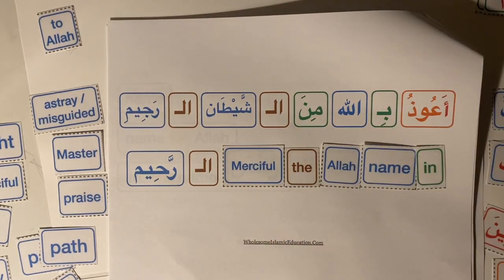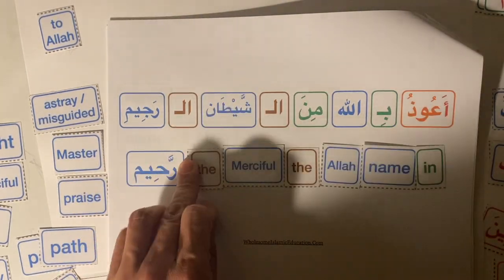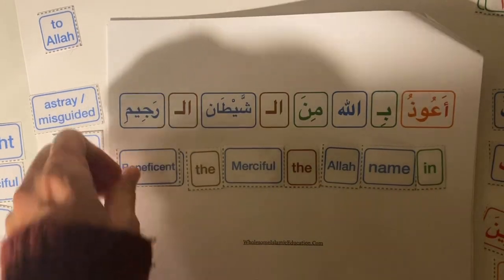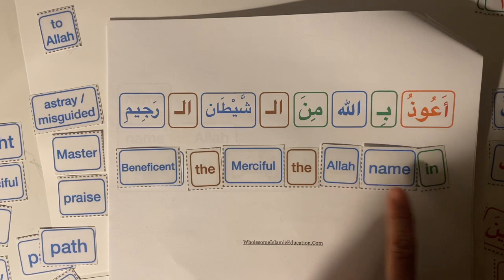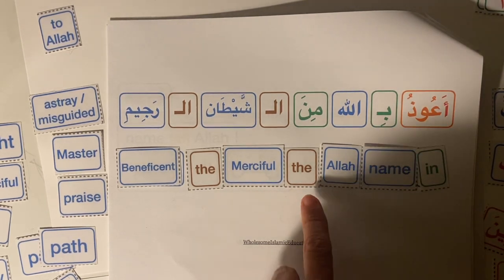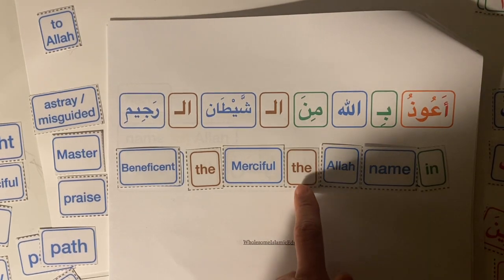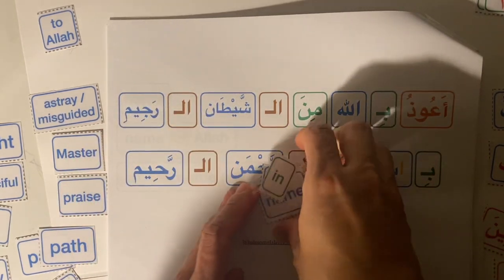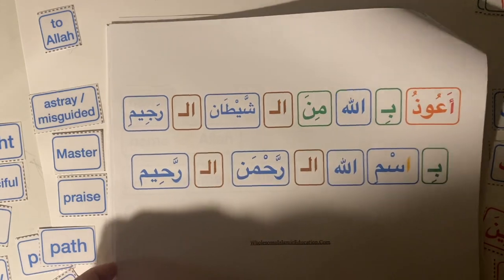So these are the translations used in the word game over here. The merciful and the beneficent. And the name of Allah, in name Allah. Basically, in Arabic, we don't have an of, right? That's also the same as in Surah An-Nas and all the other surahs. The merciful, the beneficent. Now that we are done with these, we can move on to the word-to-word activity for